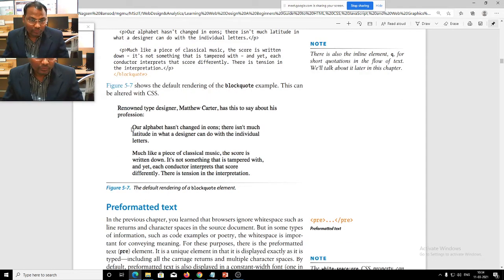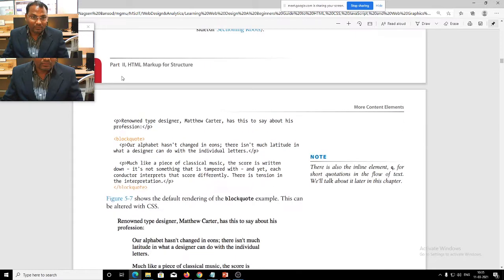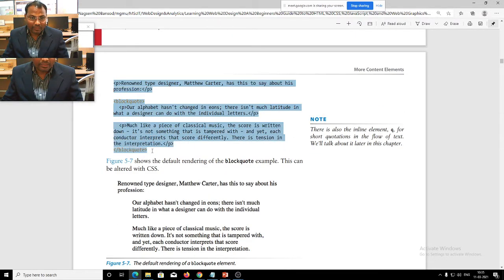Now suppose we want an output like this, some definition and their subpoints, then we have to use the blockquote tag. Now we will see this blockquote tag.